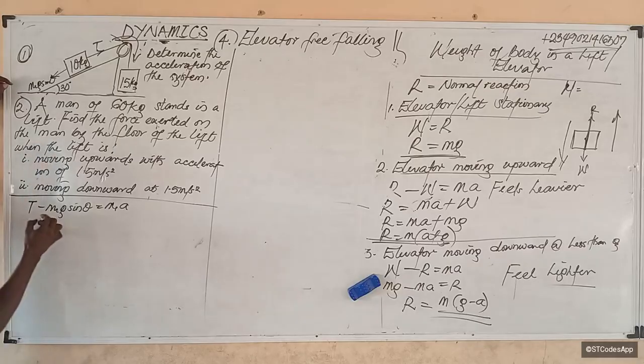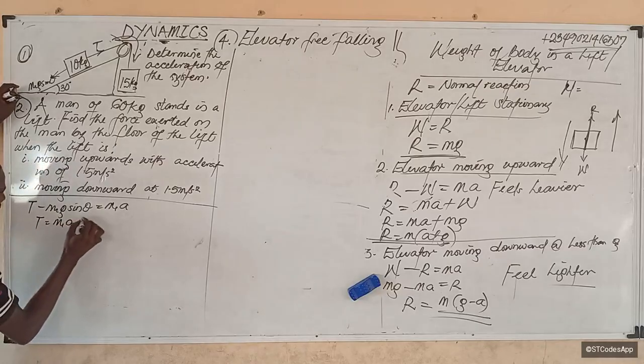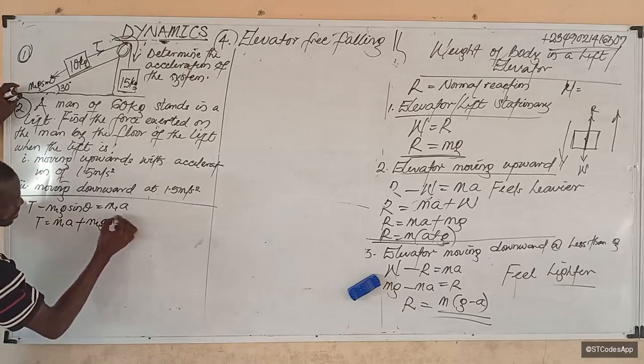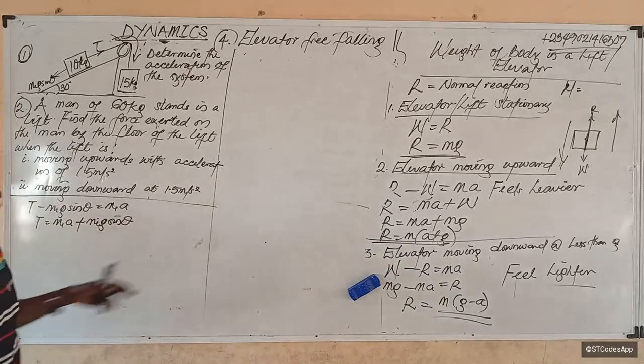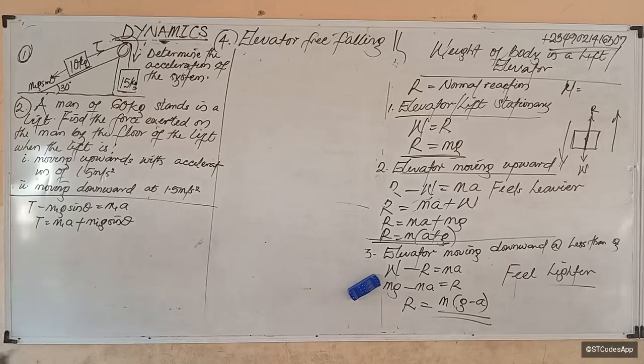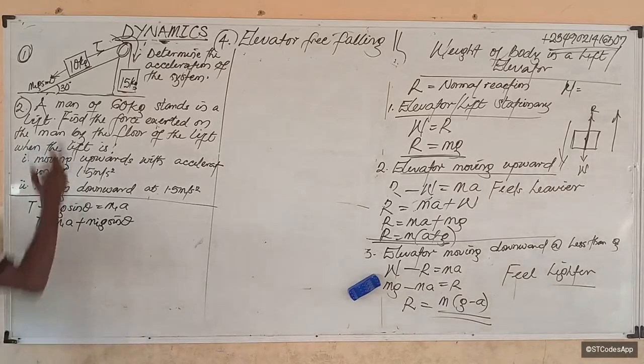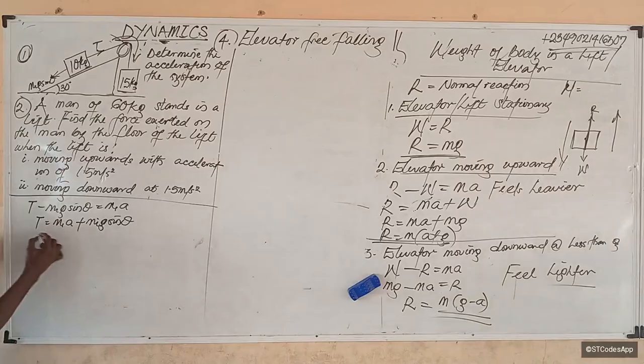This is where I quickly analyze it. Then T equals M1A plus M1G sine theta. I'm redoing it because I can't remember the formula we generated, so that's why you must know how to generate it yourself. Then for body 2, for mass 2,